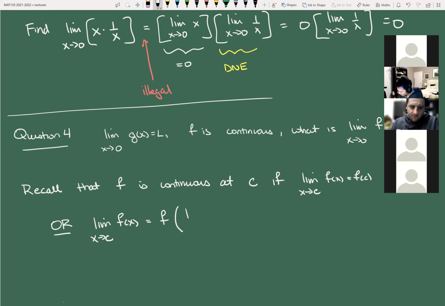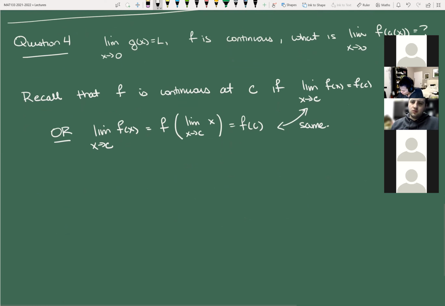And what I'm going to do is take the limit inside the function, like so. And we know what the limit of x is as x approaches C, right? That's not crazy. It's just C, right? And that's the same thing. So what continuity effectively allows us to do is push the limit inside of the continuous function. And that's really convenient when we have questions like this, because even though we might not know anything about f composed g, we know f is continuous. So for our problem,